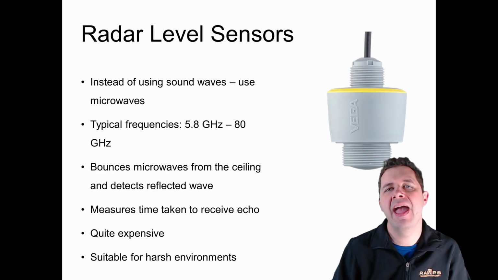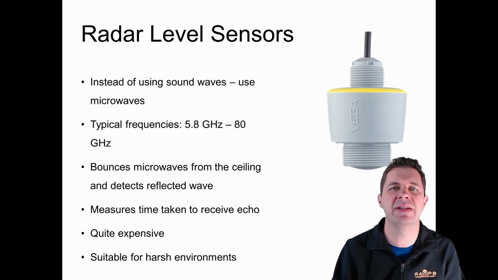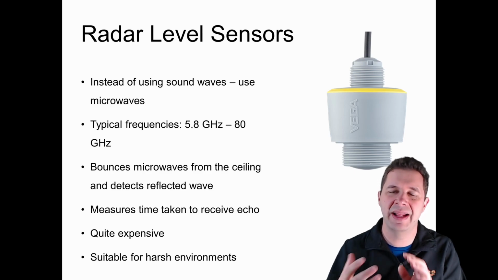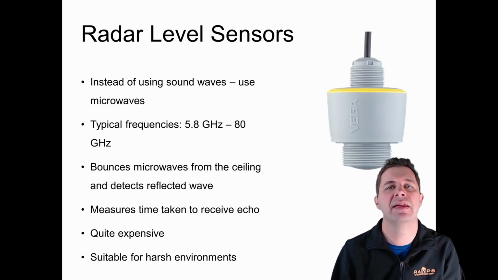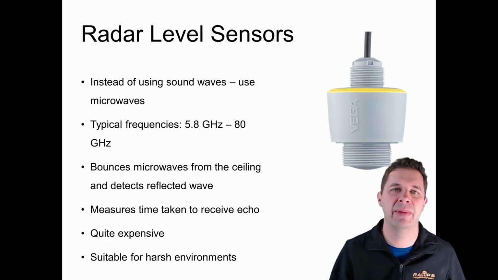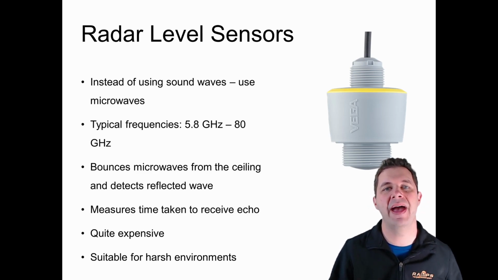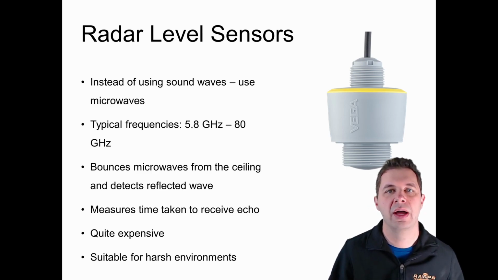Our final level sensor, and I should say the final one we're looking at, because there's lots of different level sensors, some using radiation and X-rays and things. There's a whole variety of level sensors out there. But our final one that is our direct type of level sensor that we're going to look at is a radar-based level sensor. Essentially, radar-based level sensors, similar to the ultrasonic ones, but here we're bouncing radar or electromagnetic waves rather than sound waves